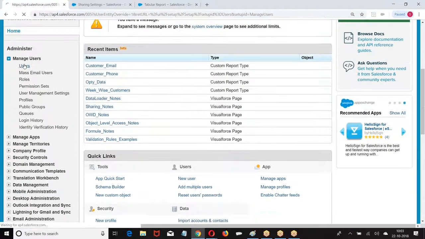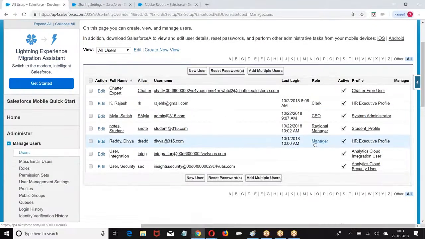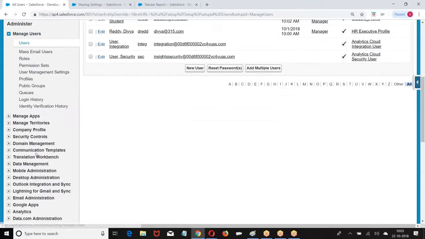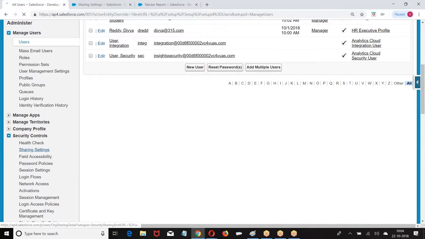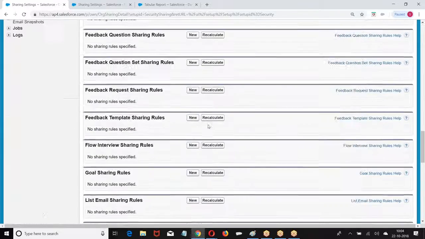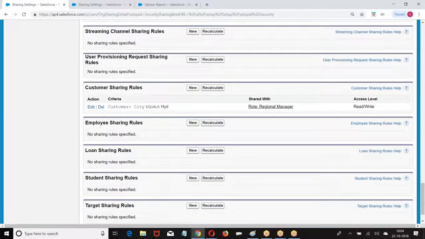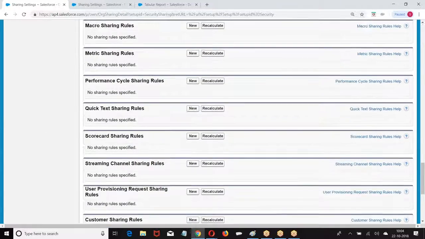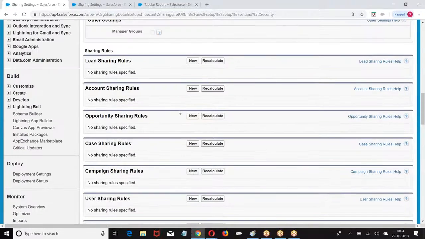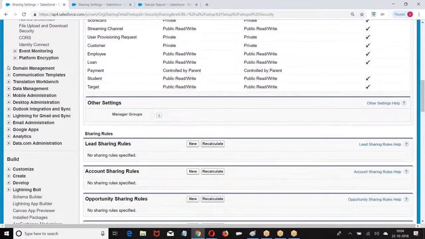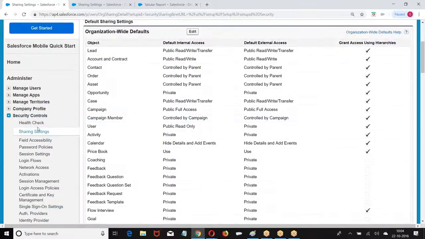Go to users. Here, Satish is a CEO, regional manager. Are there any sharing rules here? Opportunity. Once again, cross check. OWD is not applied.